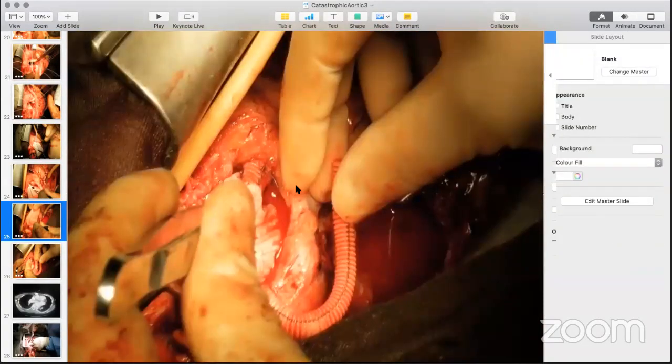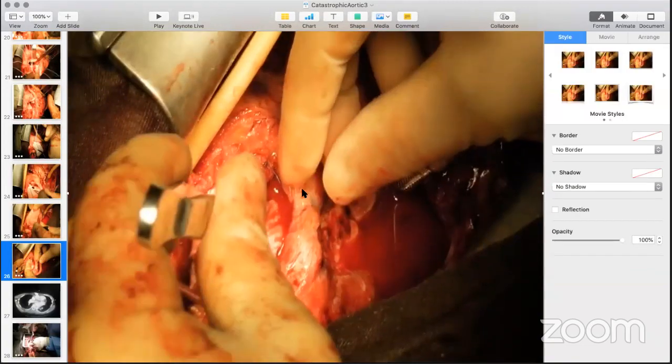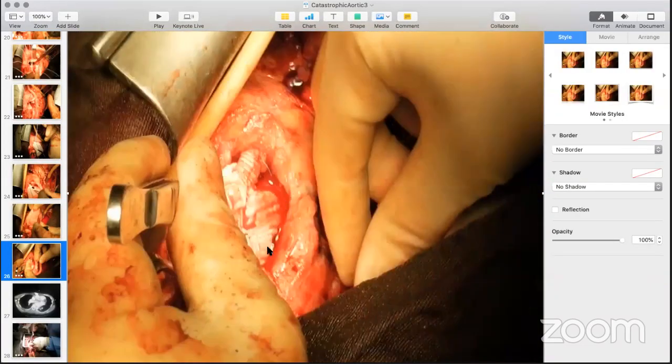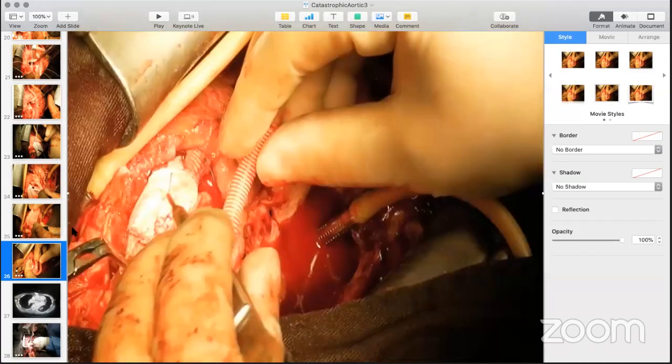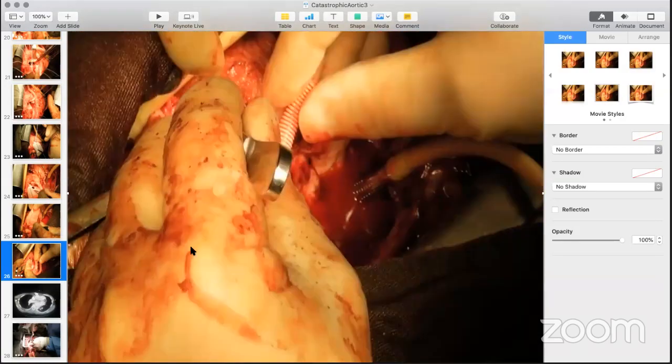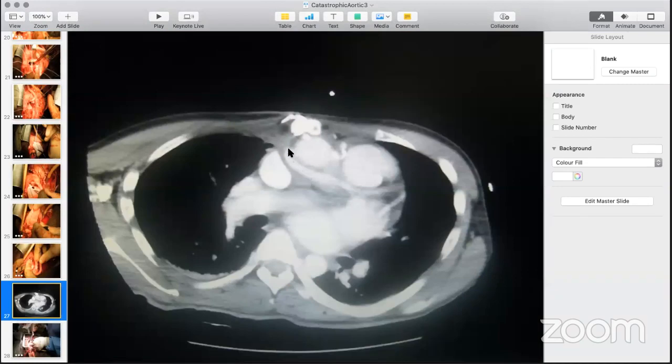And again, in the interest of time, I won't show you all of this, but you do the completion ascending aortic anastomosis and then put your Cabrol graft on. And then in the follow-up CT scan, what you can see here is the graft going to the left coronary lying nicely behind the ascending aorta. So the point of this case is a similar scenario,